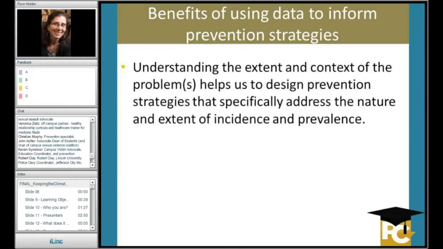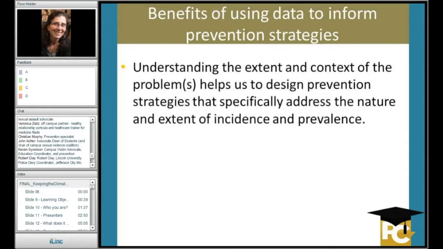Okay, well, I want to talk about some of the benefits that I see to using data to inform our prevention strategies. And then we'll talk about strategies and what are some of maybe the barriers that you experience, as well as what are some of the data sources that you use. So there are many, many benefits to using data to inform our prevention strategies, and some of them are quite specific to an individual institution. So I've tried to just highlight about 6 benefits that I see